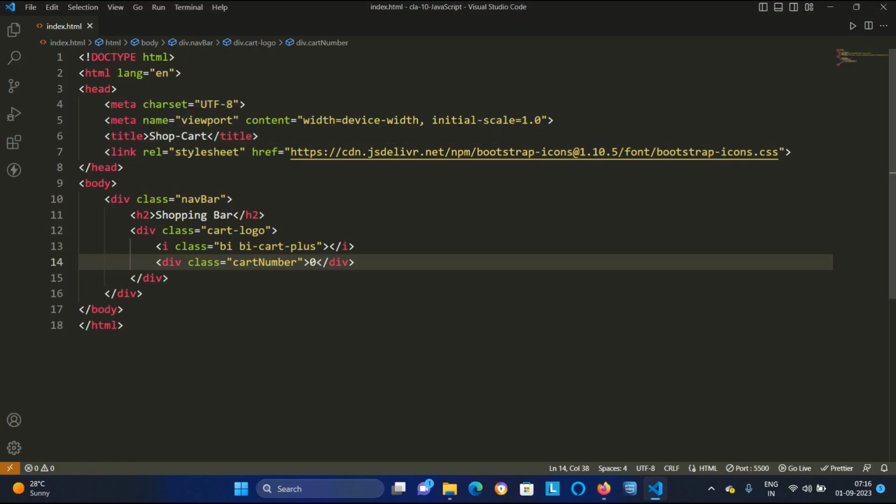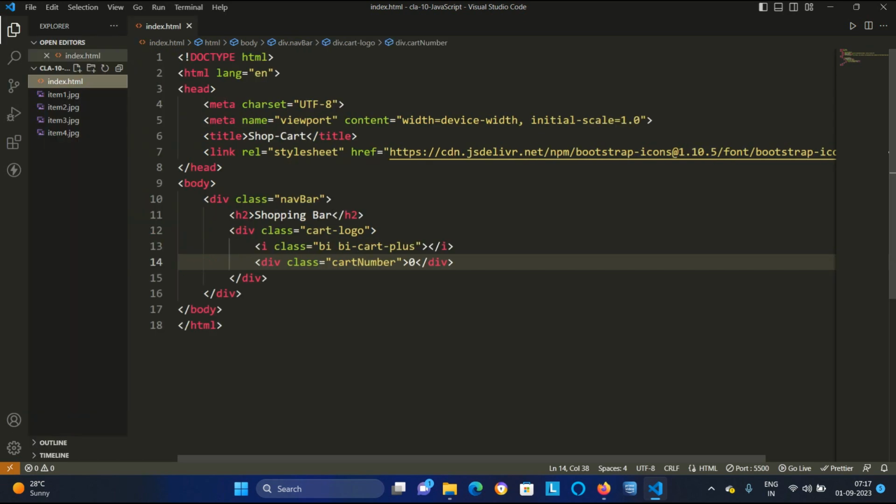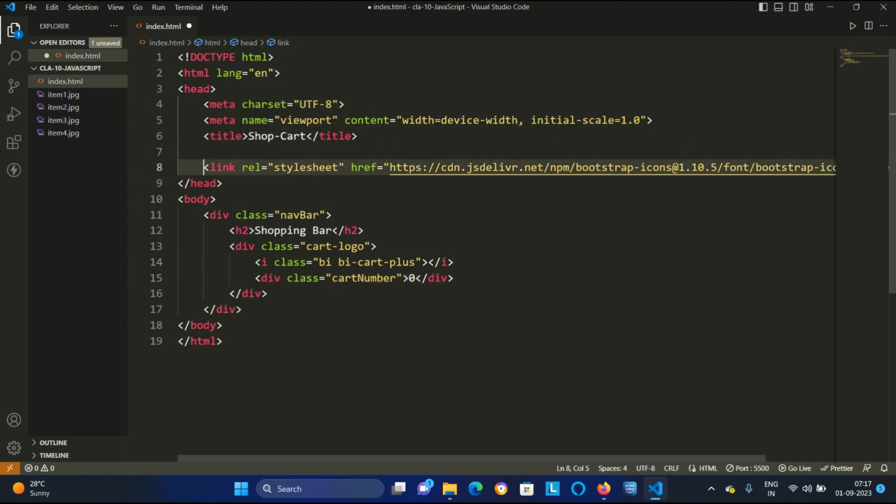Why have we used this HTML? HTML gives us the elements on my web page. Those elements we have successfully created here, and now what will we do? We will style them. To style them, first of all I will link my style.